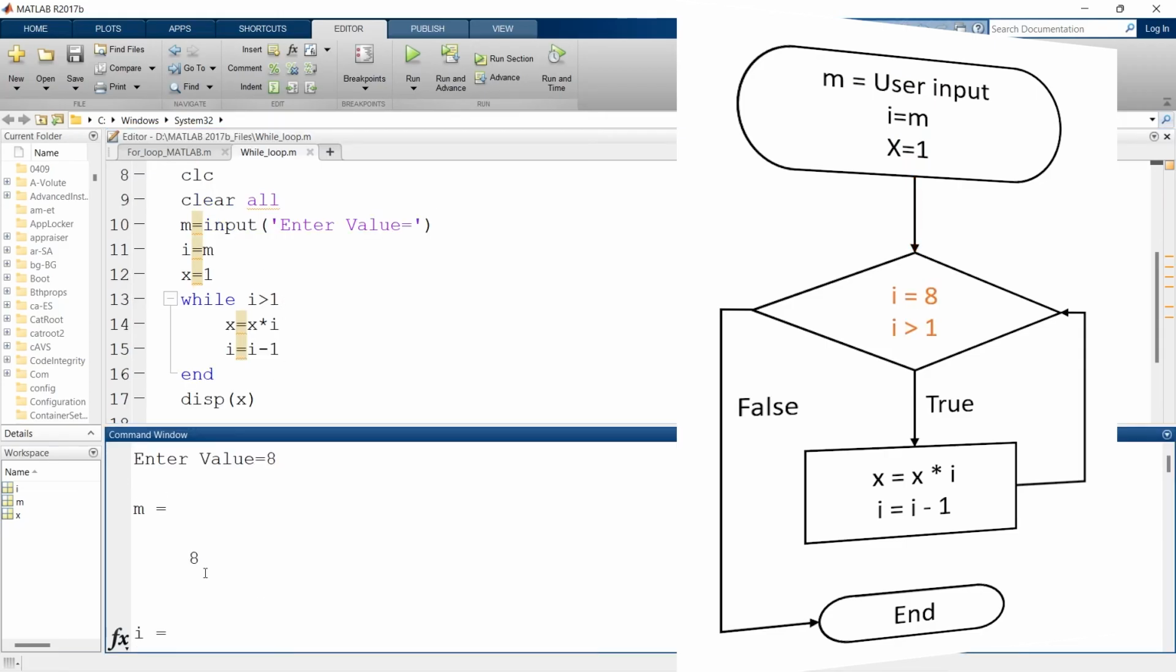The initial value of m is given as 8. So here i is equal to 8, which is definitely greater than 1. So it will jump to line number 14. x is initially 1. So 1 into 8 gives us 8. And here it shows x is equal to 8. Then i is equal to 8 minus 1, 7. So here we are defining a definite decrement. With the value of i as 7, it will again jump back to line number 13,